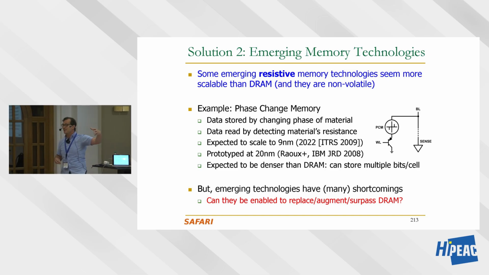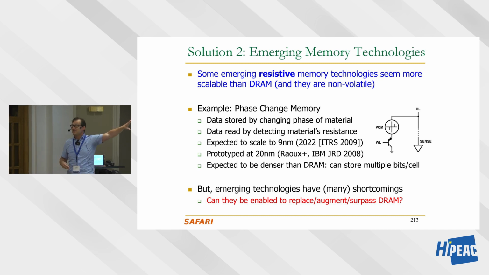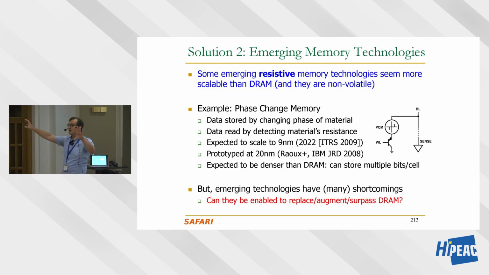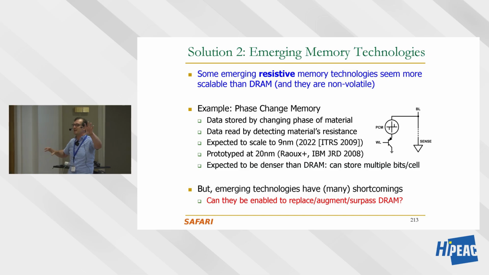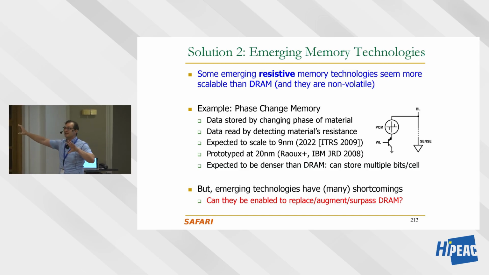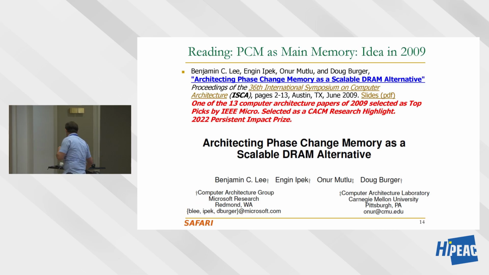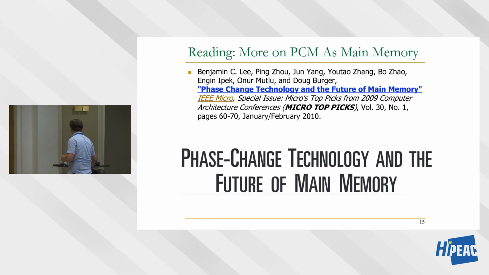Another way of surpassing DRAM could be, these are non-volatile technologies, meaning they could be acting as storage and memory at the same time. You don't have the distinction between main memory and storage as we have today. Today we have main memory, DRAM, and storage as SSDs and hard disks, and they have very different interfaces. You can have a single interface using phase change memory for both memory and storage, such that you can manipulate persistent data like files in place. Okay, I've said a lot of things over here, but if you're interested in memory technologies, there's a lot of work in this area. This is one of the works that we have done early on. We've done more work, and I've listed that.